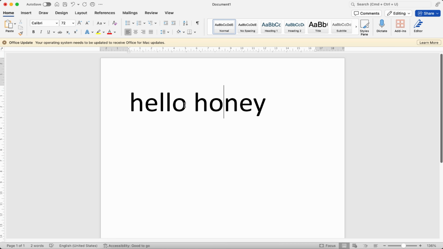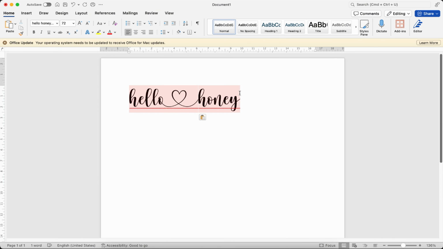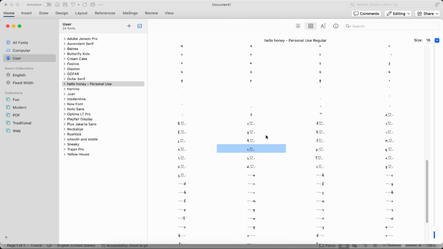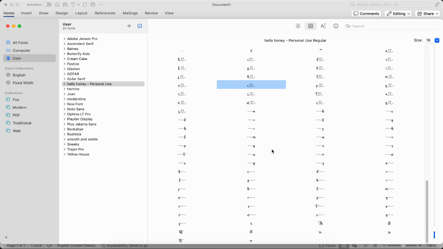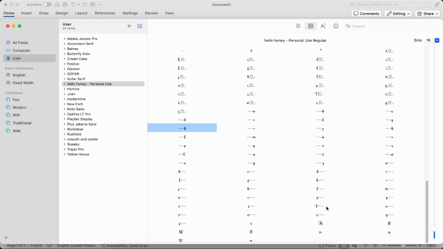Go back to your Word document and change the font to Hello Honey. Command V. And then go back to your Font Book, search for H with beginning letters. This is it. Command C, Command V, and then Y. Font Book, Y, Command C,